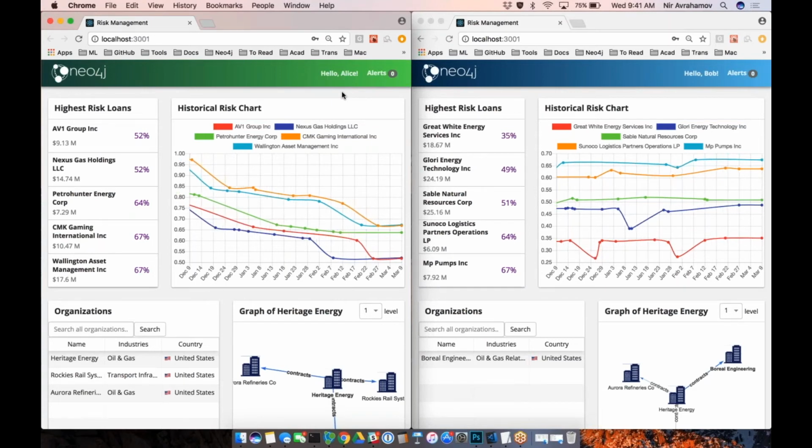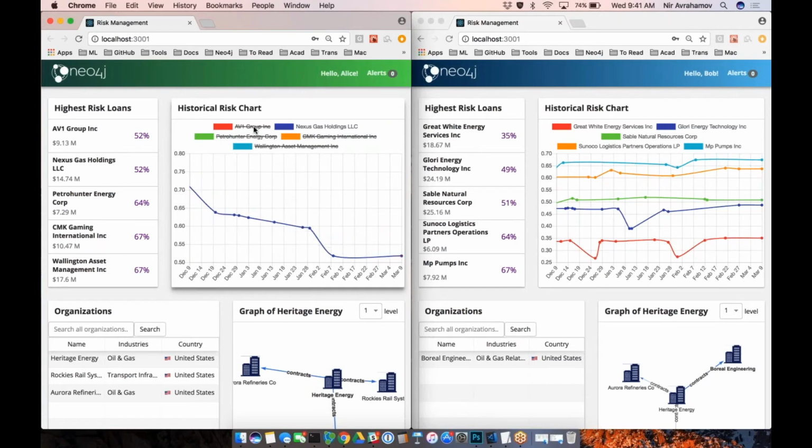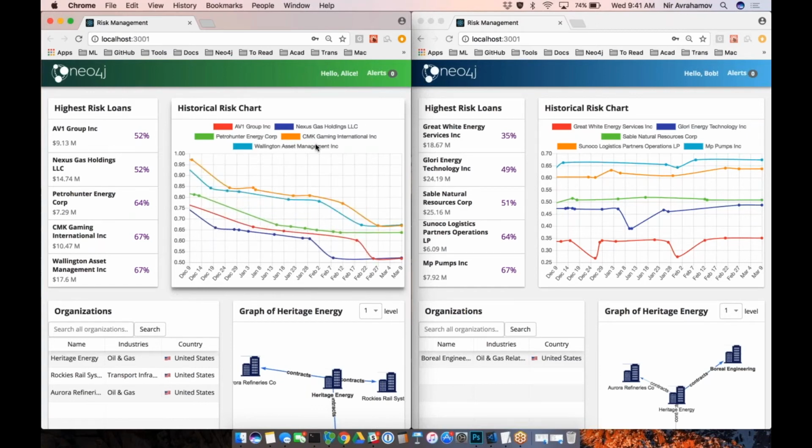And as you can see, the graph is moving as well, based on the timeline, and maybe you can show some of the features here. So you can actually turn off certain companies in the graph, so you can focus on one company in the graph. The scale adjusts itself. So it's pretty cool how that works. And soon what you will see is that when the loans become more risky, they start showing up at these highest risk loans and start bubbling to the top. But let's go to the next market event.